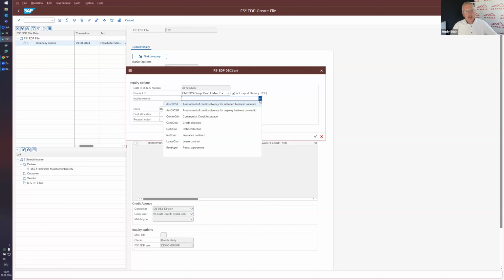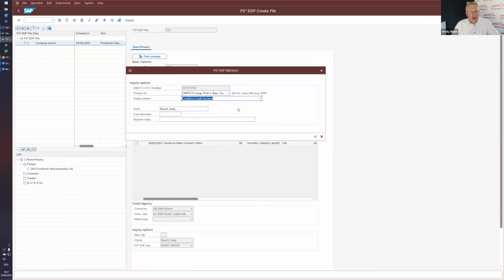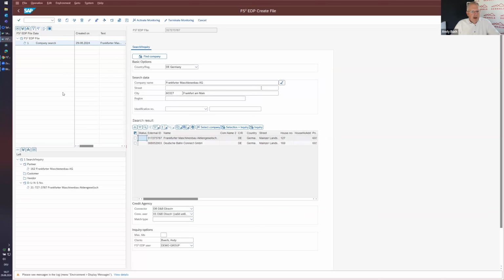Since it is a company in Germany, I need at least to give some information on why I want to get details. This is required by law. Let's say I definitely want to get a credit decision. I could put in some additional details, cost allocation, if we need a kind of internal cost distribution. Once you select this, the product gets achieved.